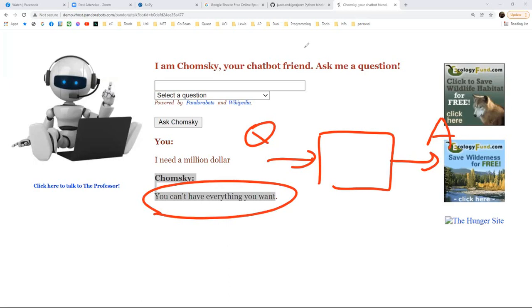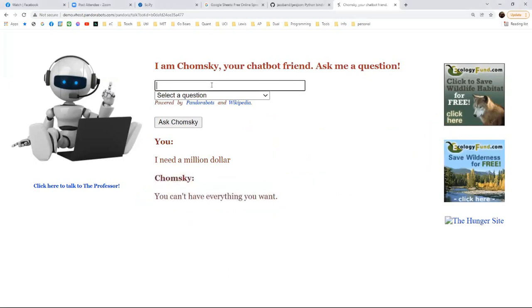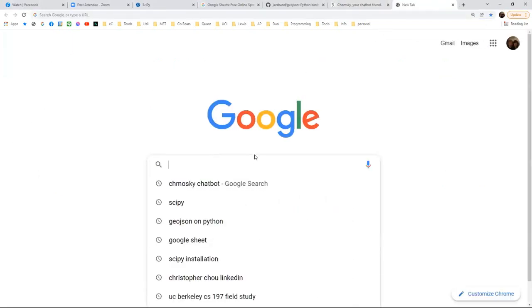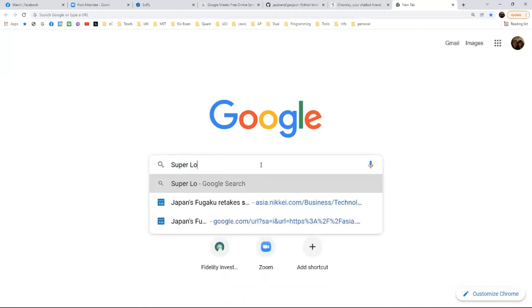There is some type of response, yes. So here I say, okay, I need to write whatever, and issue whatever. This one may or may not make sense. That's one translation. Let's look at another one. Another one is Google. Yes, it's also a translation. Like here, Super Lotto in California.